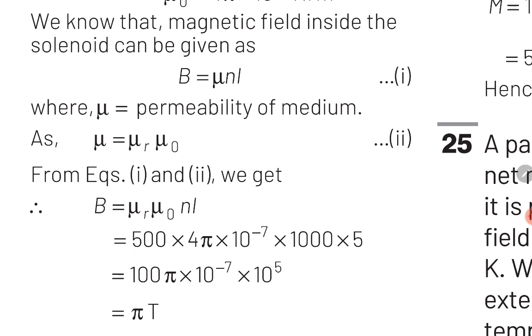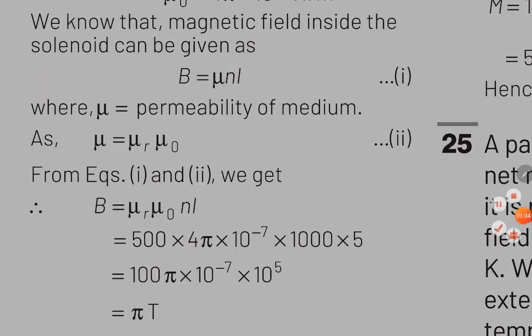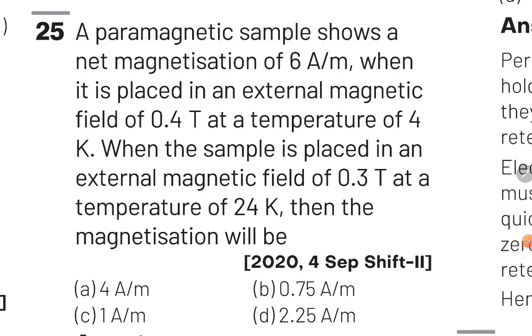So with this, we have completed this question as well. Now let's move ahead to the next slide. Yes, students, the 8th question of this chapter is, a paramagnetic sample shows a net magnetization of 6 ampere per meter when it is placed in an external magnetic field of 0.4 Tesla at a temperature of 4 Kelvin. When the sample is placed in an external magnetic field of 0.3 Tesla at a temperature of 24 Kelvin, then